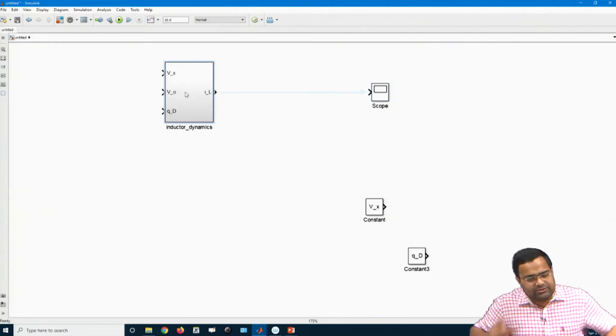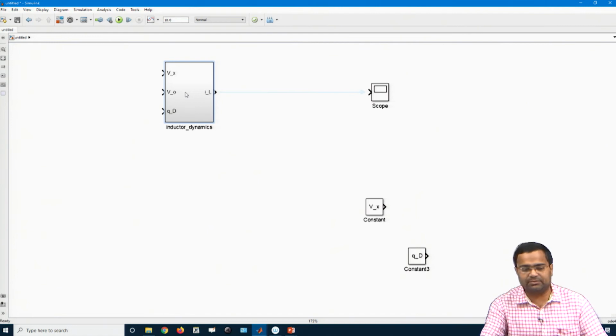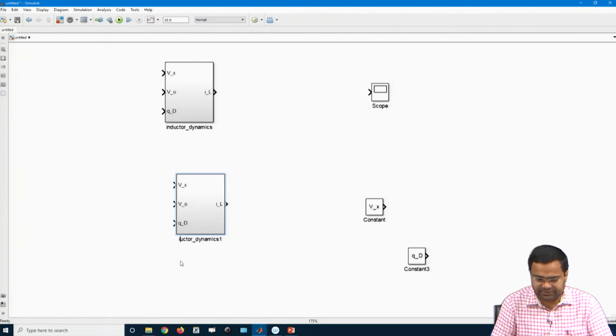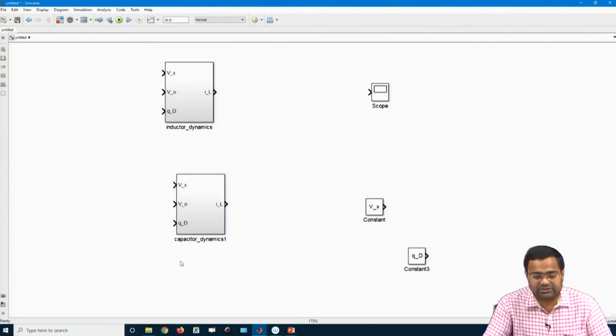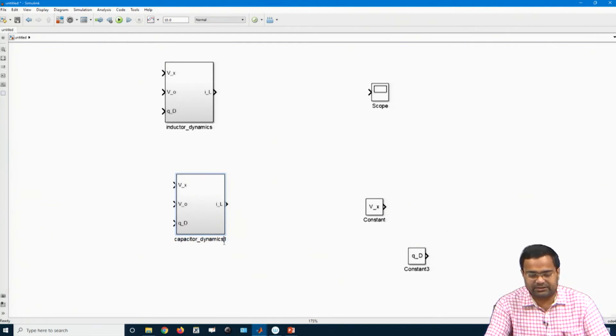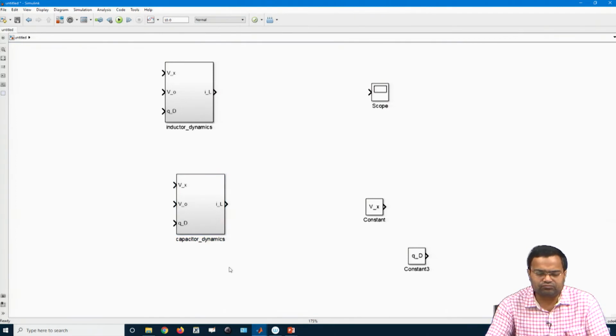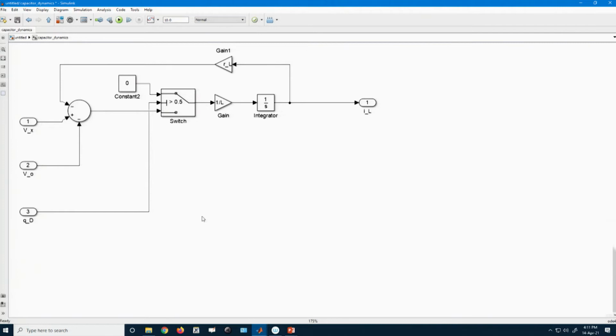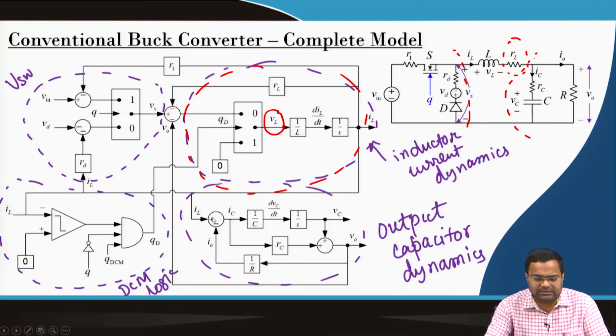Now, since we have already created a subsystem, we can create another subsystem for voltage dynamics. So, this is for capacitor dynamics. What are the inputs to the capacitor dynamics?